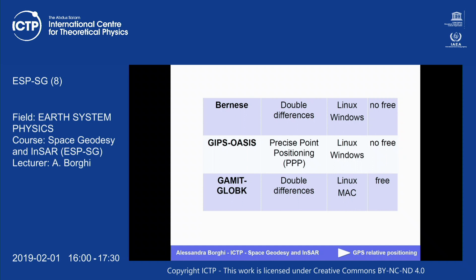You find the file for ocean loading parameters, the file for the phase center variation parameters, the file for the orbit, all the things that we have seen, that was quite boring, to see how many errors you can have in GPS, but